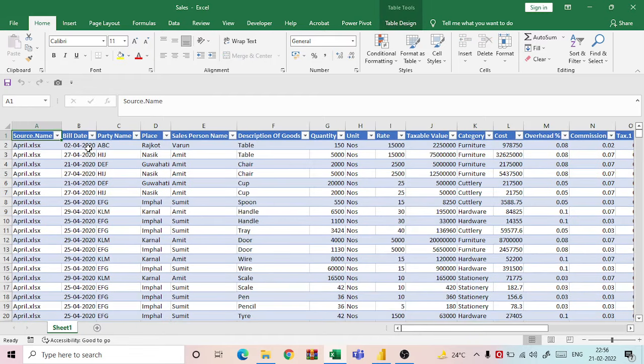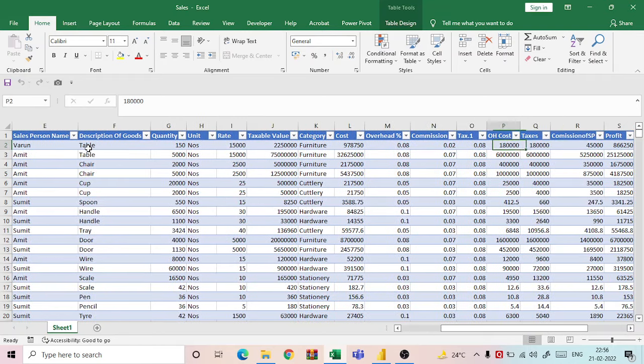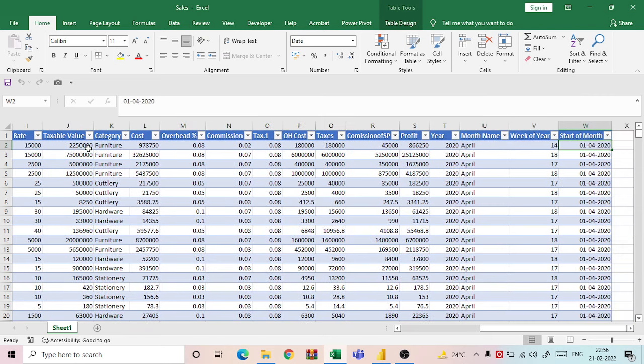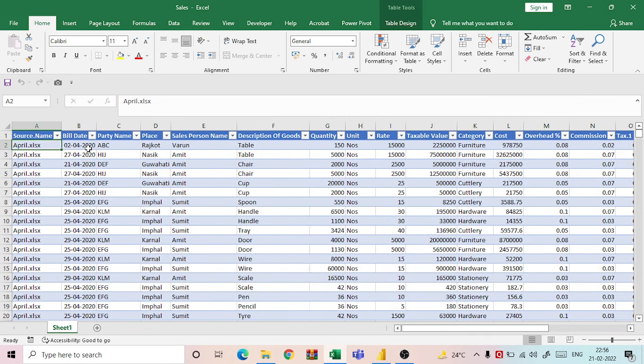The data is bill date wise, party name, place, salesperson, description, quantity and numbers, rate, taxable value, category, cost, and some percentages and profit. Okay, so this is the sample file. With this Excel, we are going to create some visuals in Power BI. So let's go to the Power BI Desktop app,